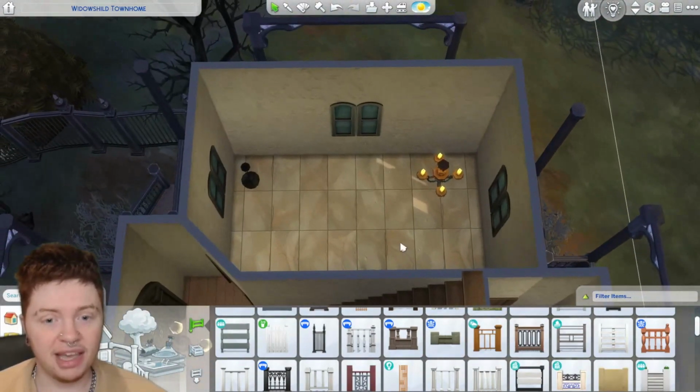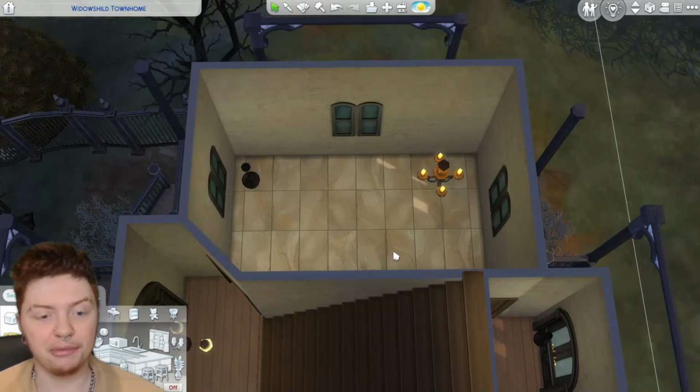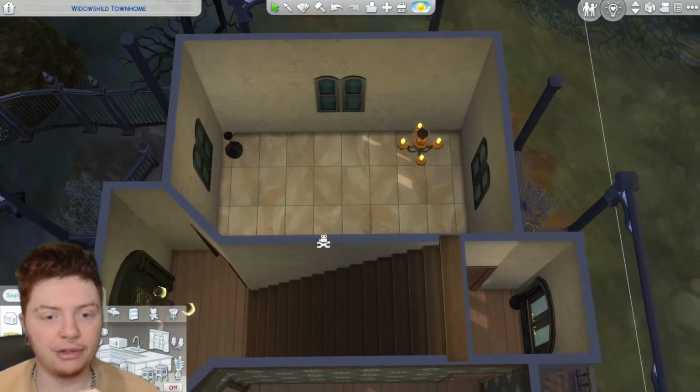So I do want this to be a very large kitchen, and we're just going to have it as a kitchen, our dining area will be in the other room, and then we're going to have a quite chill sort of...